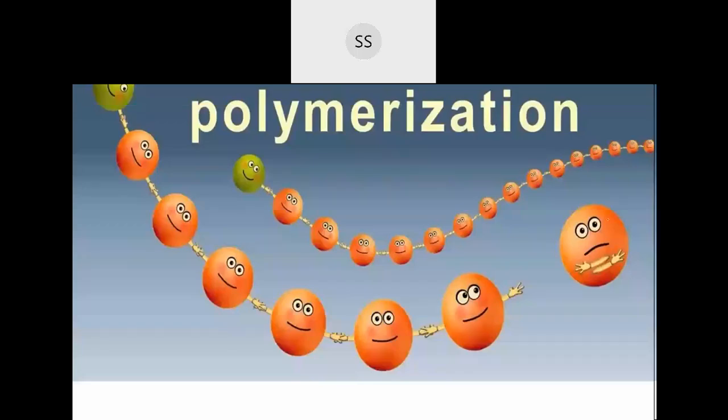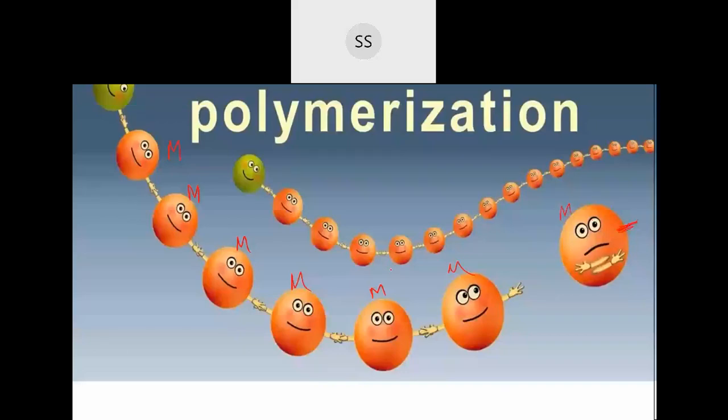You can see this molecule I have taken has a double bond here. So one you take as a pi bond. We are just opening it up and then linking with other molecules. Then you will get a long chain. So one single one is called a monomer. When many join together, you get a big chain that is called a polymer. So these are monomers, joining together, and that's how polymers are formed.